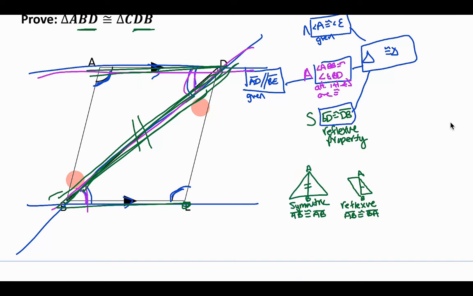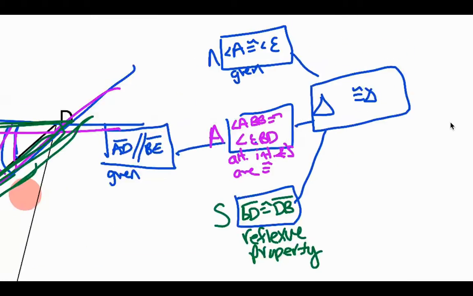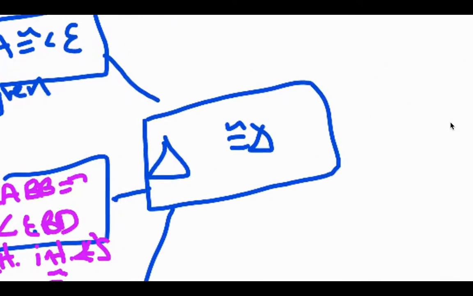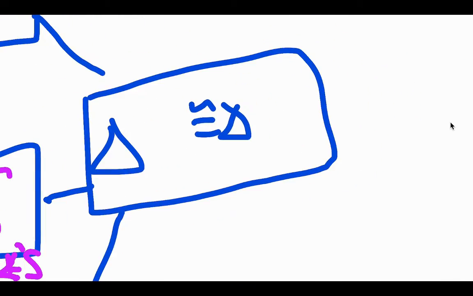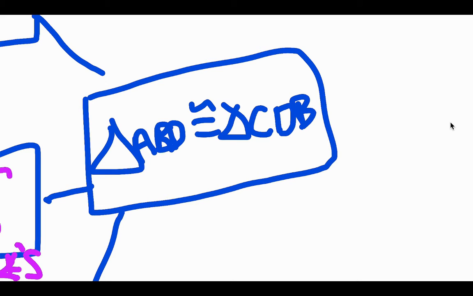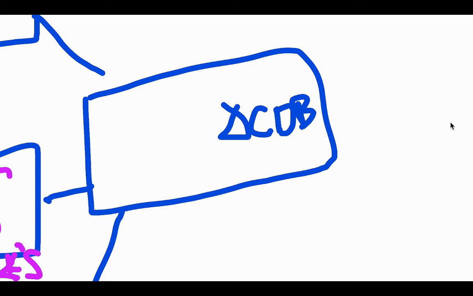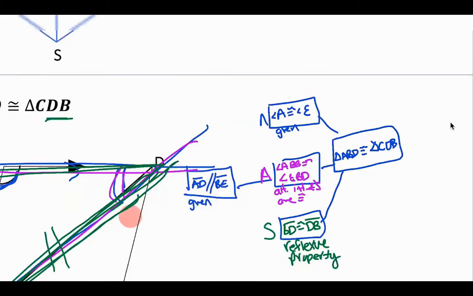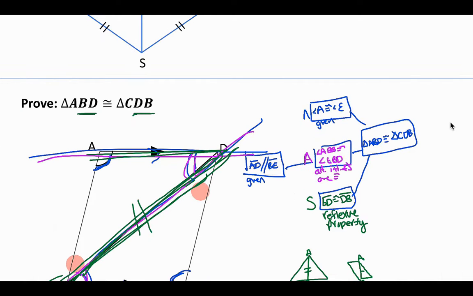Okay, back up to our proof. We just have to finish writing in our proof statement, which was ABD and CDB. ABD, CDB. This should be BD. Just make sure you copy it nice. ABD and CBD. And again, the reason for that, let's look at our reason, because it doesn't just follow that